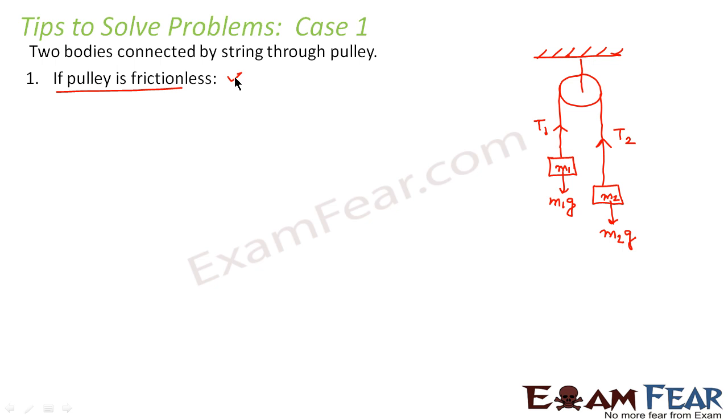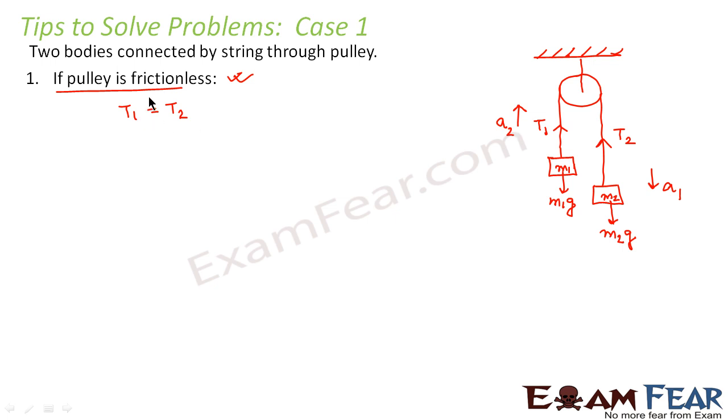In the first case, we say if the pulley is frictionless, in that case, T1 will be equal to T2. That means the value of the tensions will be equal, even though M1 and M2 are different masses. Also, in case of a pulley problem, let us suppose since a weight is acting in this direction, this body will accelerate in this direction, so it will have some acceleration, say A1. Similarly, if this body is coming down, then this will go up, so this will have an acceleration in the upward direction, let us say A2.